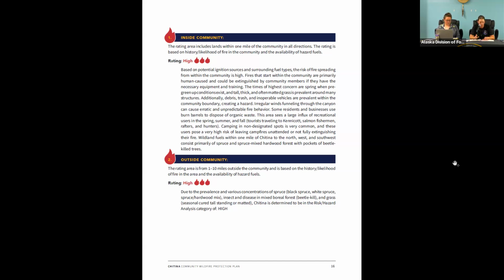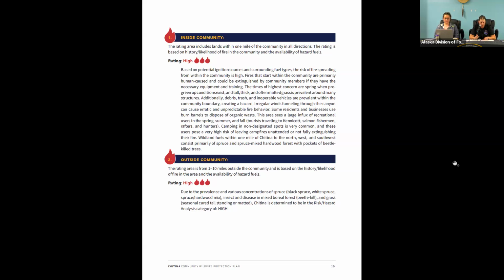Along with this, there's concerns of camping in non-designated spots, which is very common, and the potential of people having unsafe campfires or even leaving their campfires unattended or not fully extinguishing those.